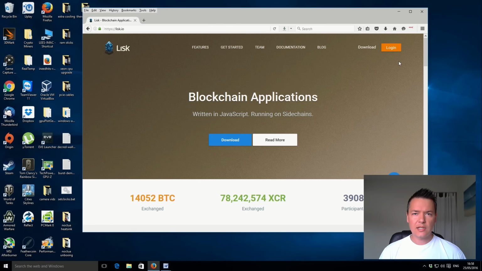So I'm actually going to be using Windows 10 as the machine that we're going to be using. You can use it for different versions of Windows. There's also a Mac version and Linux version as well, but for simplicity I'm going to be using Windows 10. So first and foremost I will show you the actual web-based login provided by the Lisk development team,